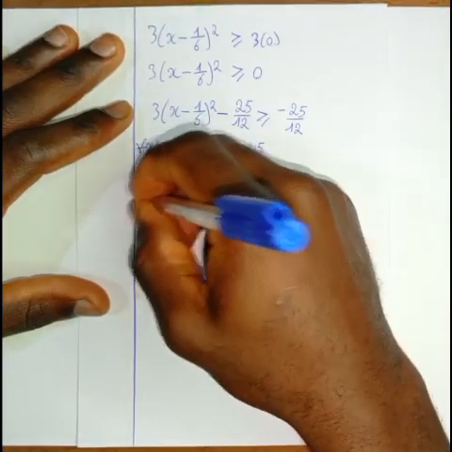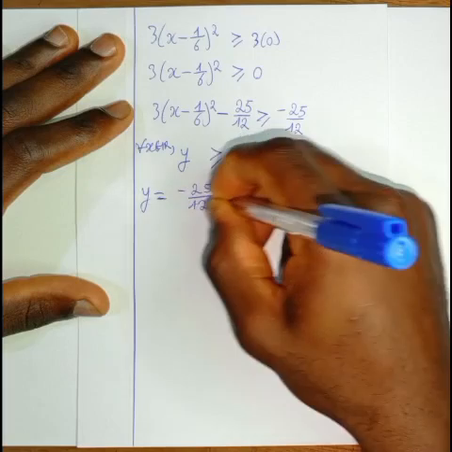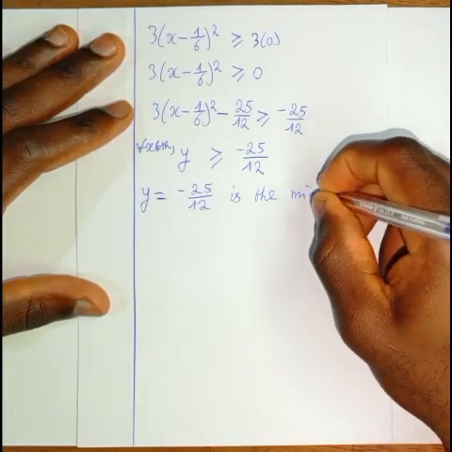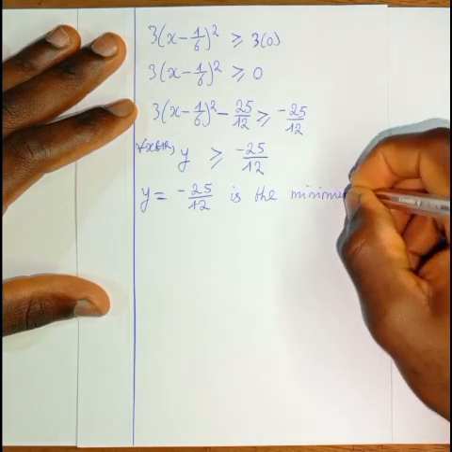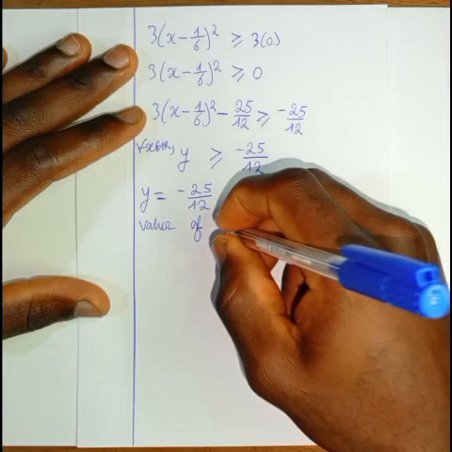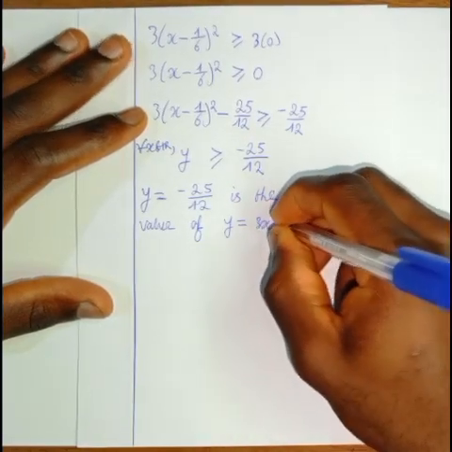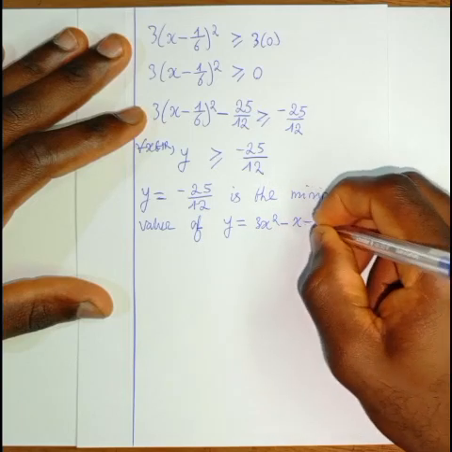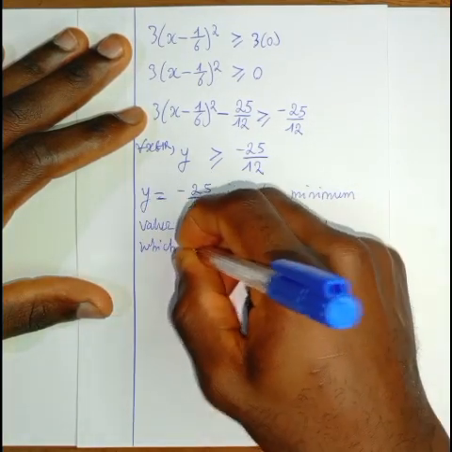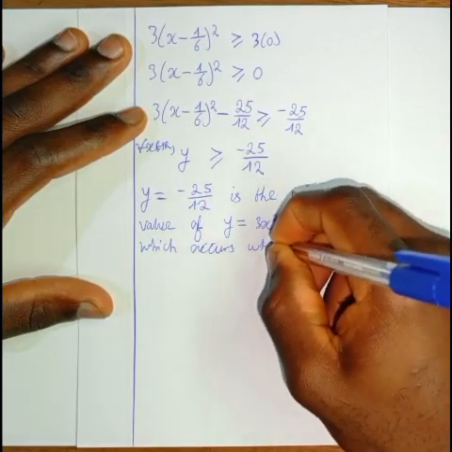If we write this down, y equal to negative 25 over 12 is the minimum value of y equal to 3x squared minus x minus 2, which occurs when